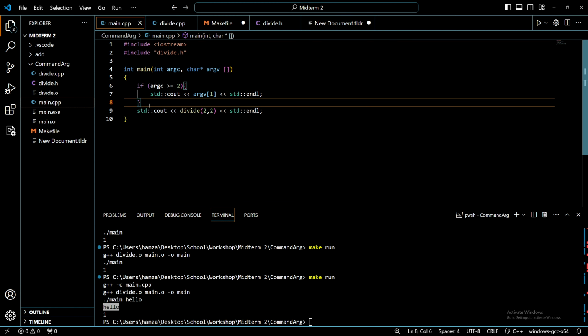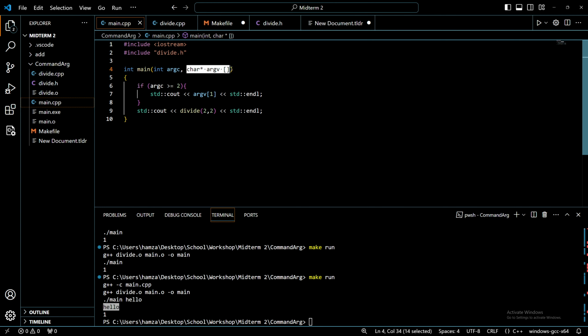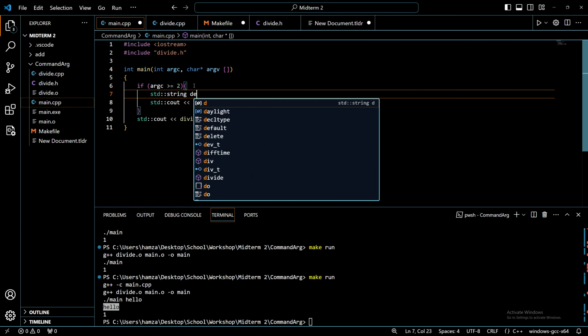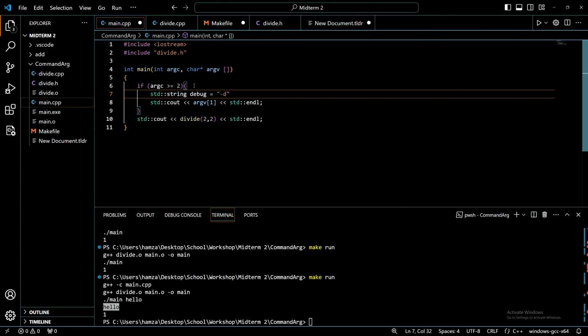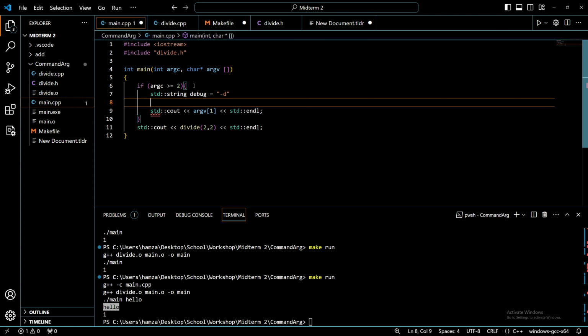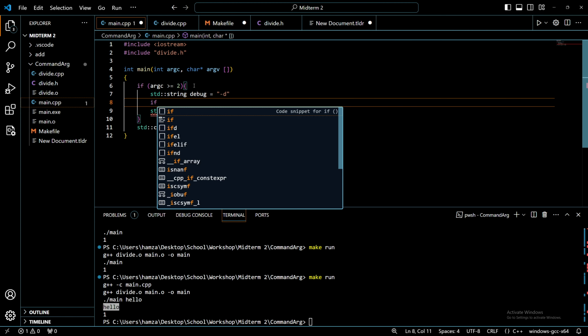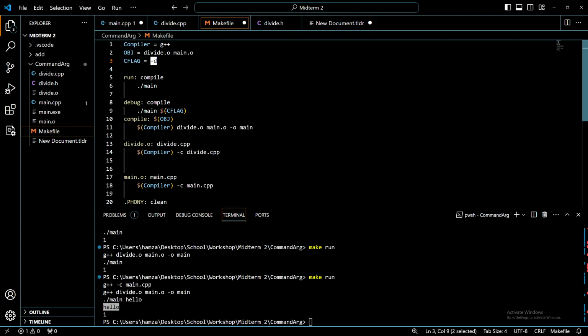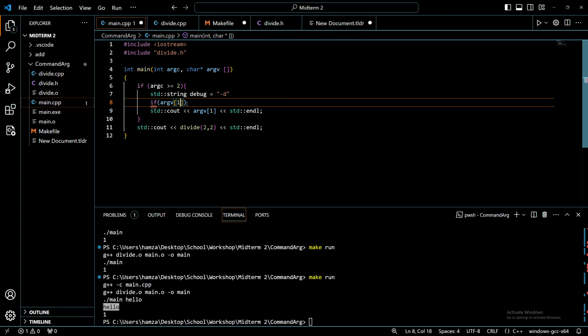So here, let's handle that. I'm expecting a second argument -d. So what I'm gonna say is if there's two arguments, I'm gonna do std string equals debug. I'm gonna tell it there's a -d, right? This is just a variable called -d. Now I'm gonna compare. I'm gonna say if the second argument, which is my -d, C flag -d, equals debug, then